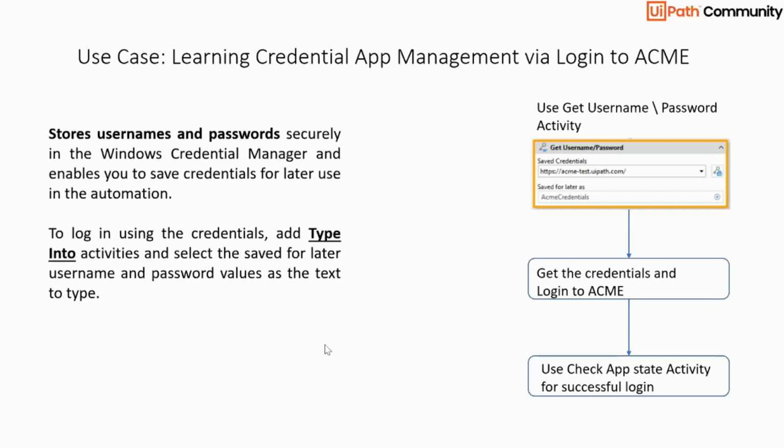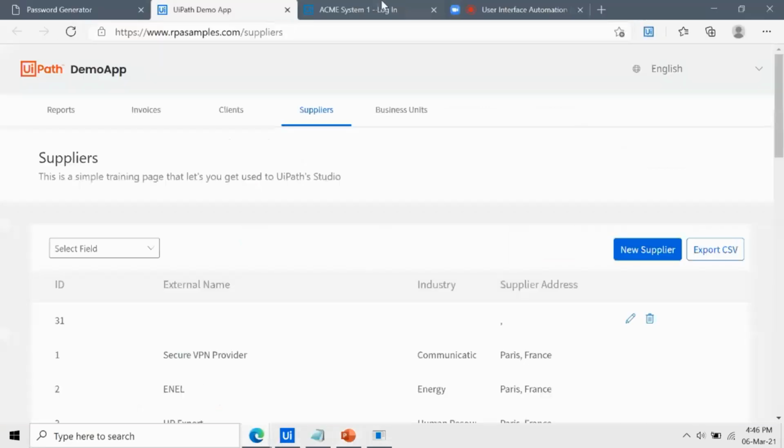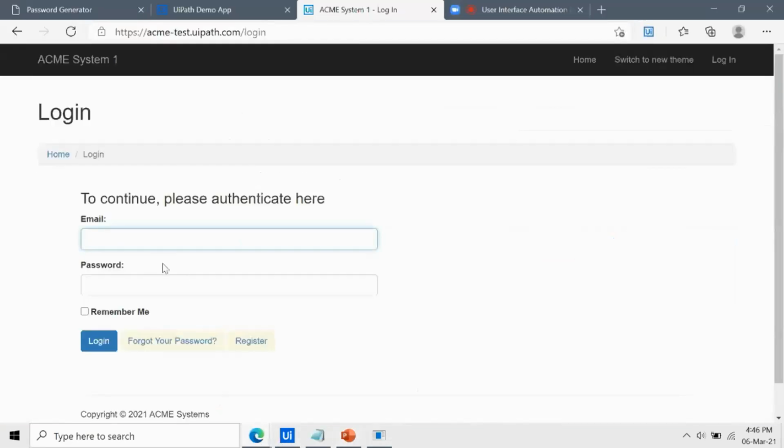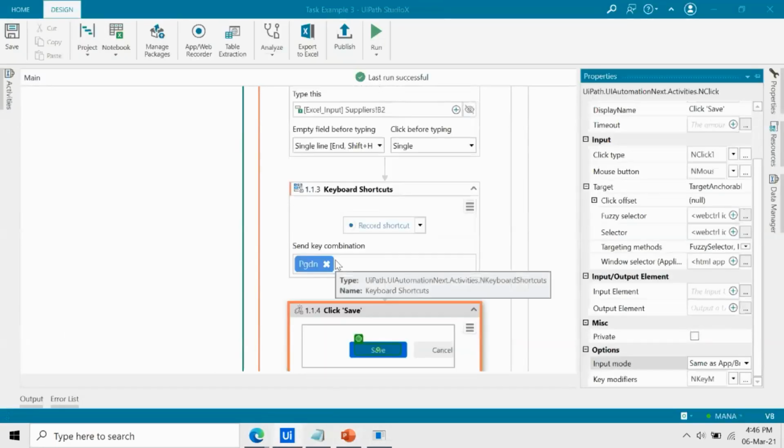Okay. So what I will show you is a scenario where we have to log into this Acme portal by giving the credentials. Now, these credentials need to be stored with the help of an activity called Get Username and Password.